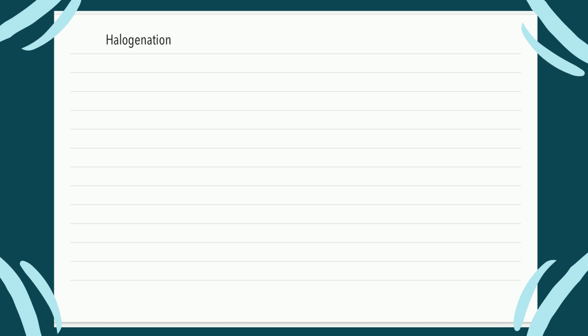So in this video, I'm going to discuss the halogenation reaction for alkene. Halogenation means the reaction of alkene with halogen. Halogen is anything that comes from group 17. It can be fluorine, chlorine, bromine, and iodine, but most commonly we use chlorine and bromine in our reactions. But fluorine and iodine also